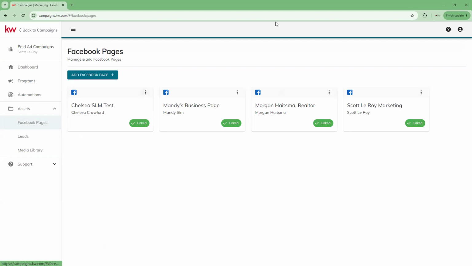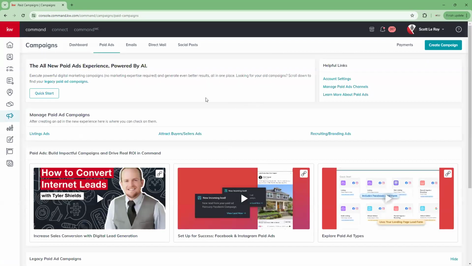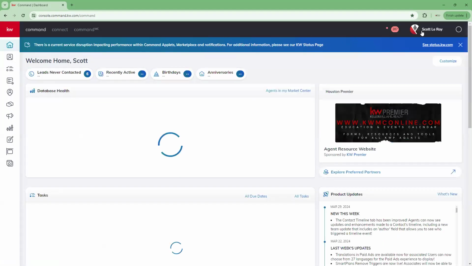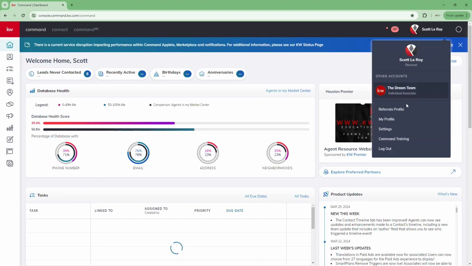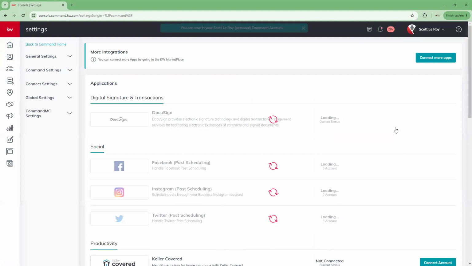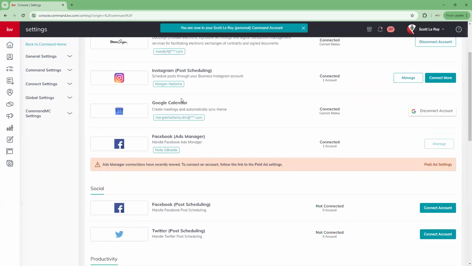So that's awesome. Now before we get into this, we're going to click our back to campaigns button. And this is bringing us, actually, let's just go back home. So we're going to go back to the top right. We're going to click on our settings. And if we scroll down,